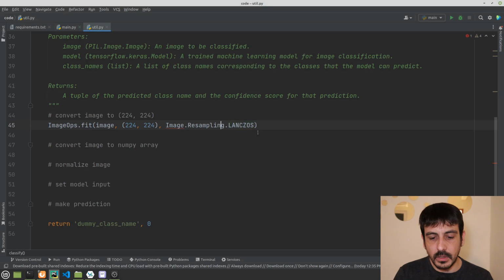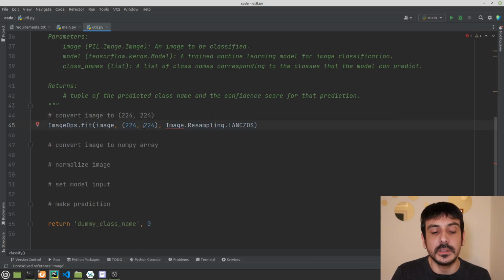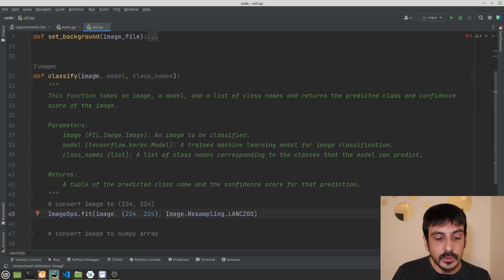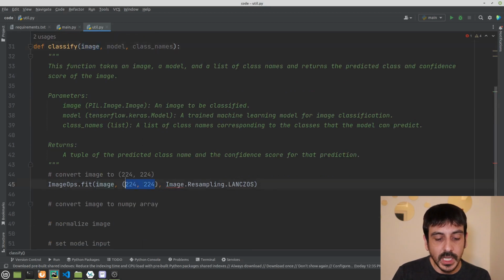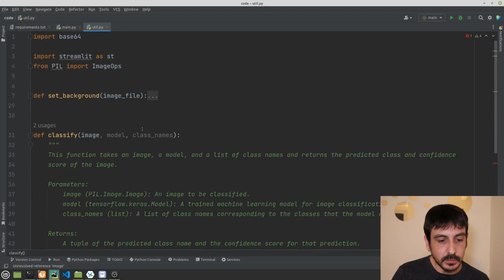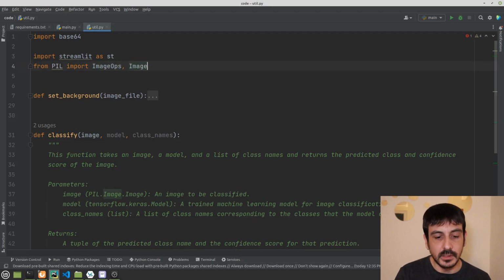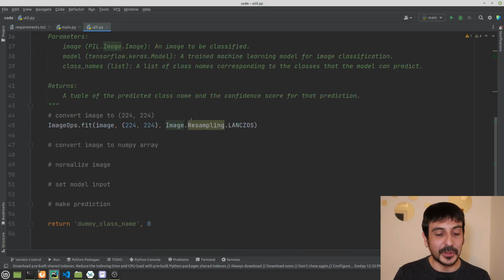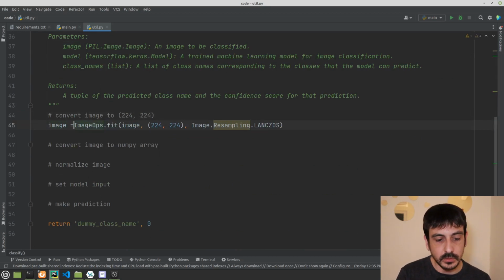This is only a constant, a parameter we need to input into this function. But long story short, remember, we are just converting the size. We're resizing the image we are getting into this size, 224 times 224. And obviously we need to make another import, which is Image. Otherwise it is not going to work. And that's pretty much all. This is how we are converting the image, and the output is also called image. We're just going to overwrite the image we are getting.